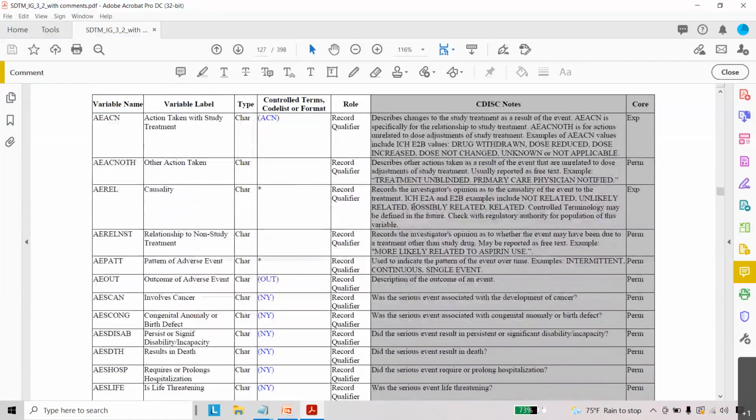Next one is AEACN, the AE action. After getting an adverse event, what is the action taken for the subject? That is important to know. So what happens when the subject gets an adverse event? Immediately some action has to be taken, like there might be a change in the dose.